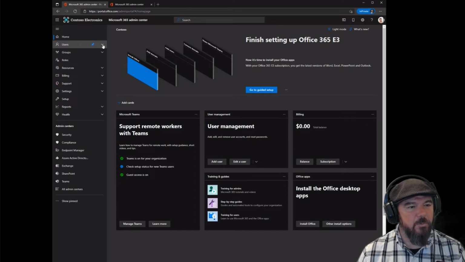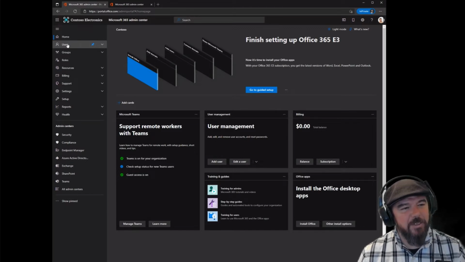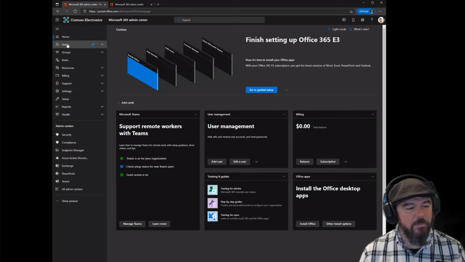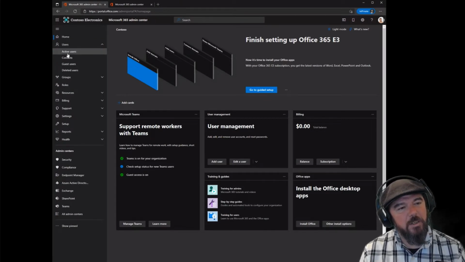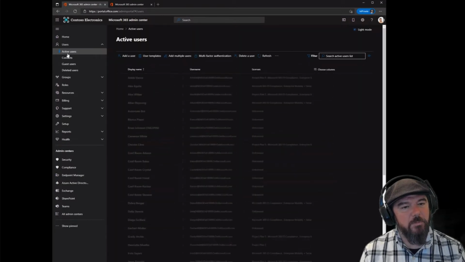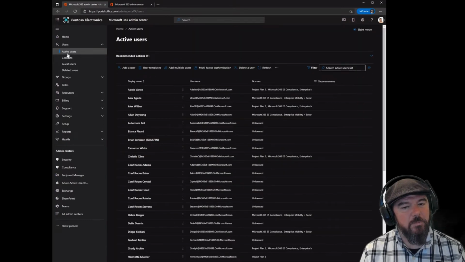Awesome. And then moving right along here, the first option you're going to see across the top is your Users tab. This is where you're going to go to manage your users, add users, create new users. You can check the status of users, whether they're cloud only or synced. You can reset passwords, add licenses, add them to groups, adjust aliases and Exchange aliases, as well as UPNs, anything like that. We can do a deeper dive into that on a different session, but